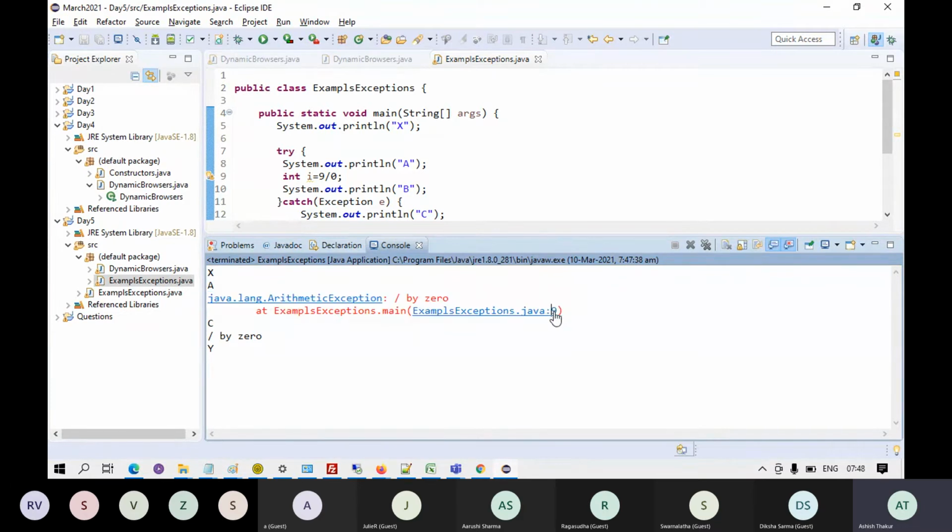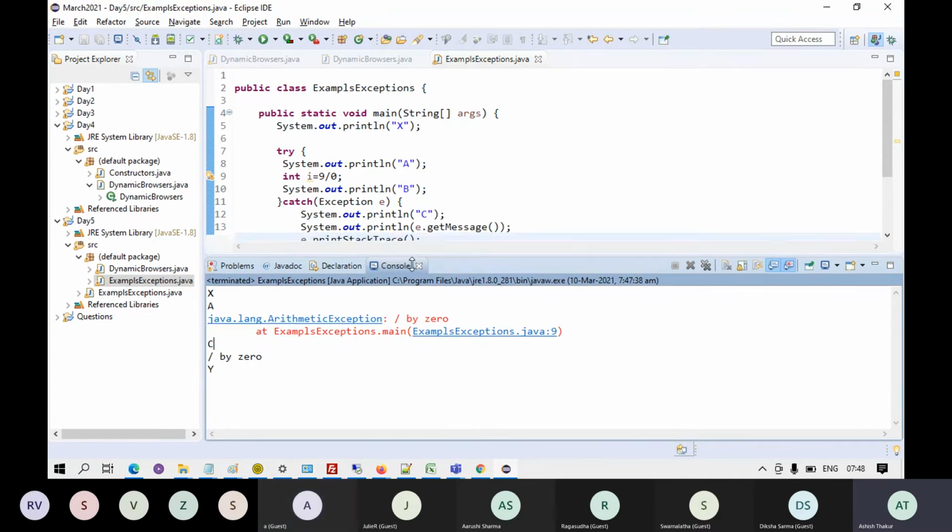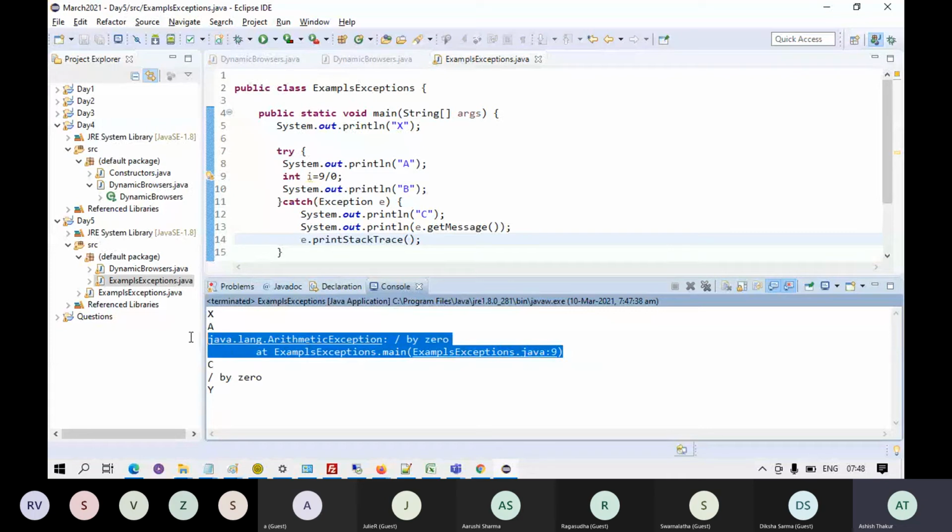Right, so this is the stack trace. Actually, here in the output, the trace should get printed after C, right? Yes, but you can't predict it. Java prints it like this.